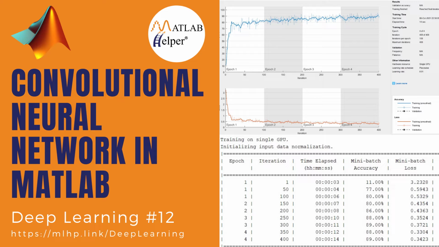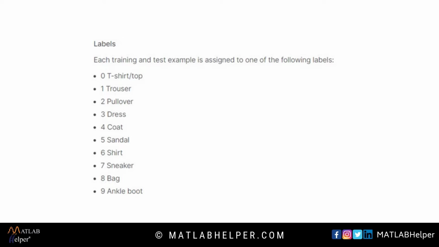In the previous session we have seen the architecture of convolutional neural network. In this lesson we are going to apply CNN architecture on the Fashion MNIST dataset. Fashion MNIST is a Zalando article image dataset that includes a training set of 60,000 samples and a test set of 10,000 samples. Each sample is a 28 by 28 grayscale image with a label from 1 to 10 categories. Right here we can see the 10 labels of the dataset with their respective assigned values.